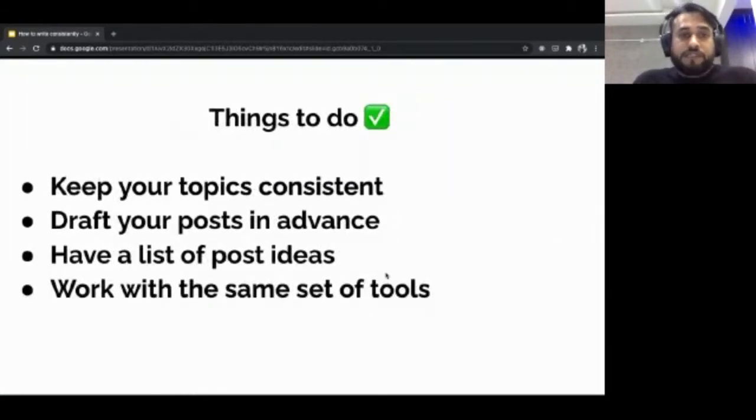Now I'd like to discuss some things that I usually do or have done in the past to maintain this habit. Apart from managing and scheduling your posts and your time around it, you have to be focused on what your blog is about. Having a mission statement for a certain period of time to keep your topics of posts consistent would help you build an audience from scratch. It would also help you expand your knowledge for a good amount of time in regards to a particular technology or a stack.